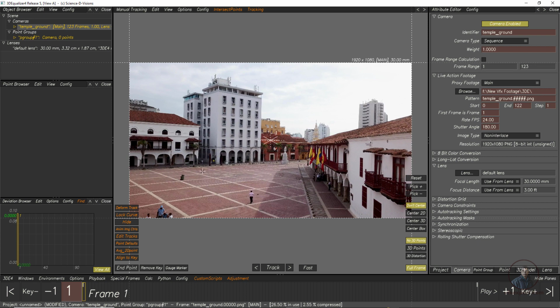Now after this I am going to track this footage. For tracking this footage, first we have to create our track points or trackers. Mainly in 3D Equalizer we can track our shot with the help of manual tracking, or you can say 2D tracking, and the second one is auto tracking. In this interface, if you look at the manual tracking controls, most shots we will track with the help of this manual or 2D tracking. Even if you want, you can also track any shot with the help of auto tracking.